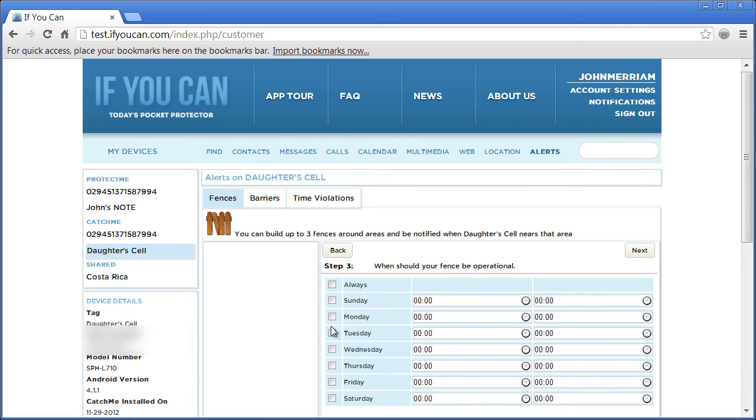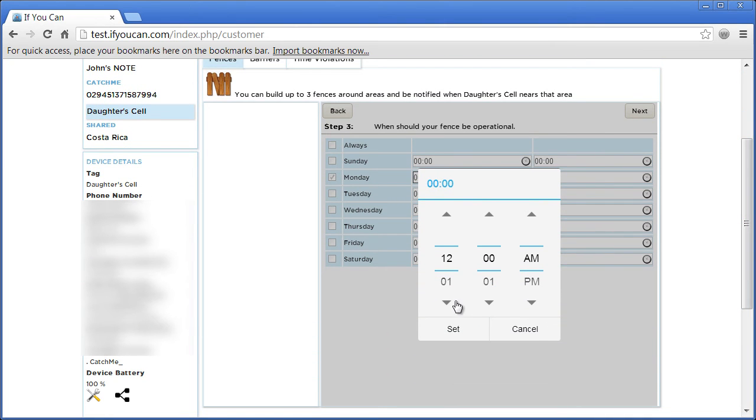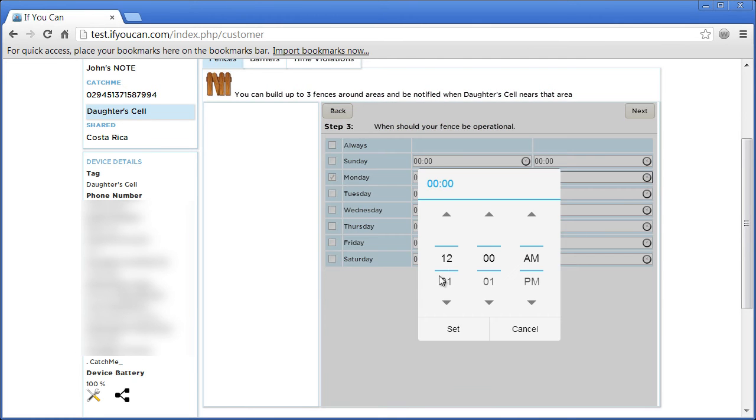Now I need to tell the system when I want this fence to be operational, when it's turned on. The hours it's turned on are the hours that I'll get notifications about the device going outside of the fence. But of course, I'll only get the notification if the device has gone more than 1/10 of a mile outside of that radius. And what I'm most interested in knowing is if the device leaves the fence in the middle